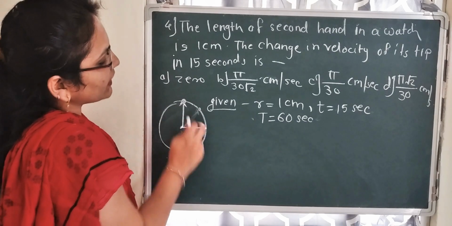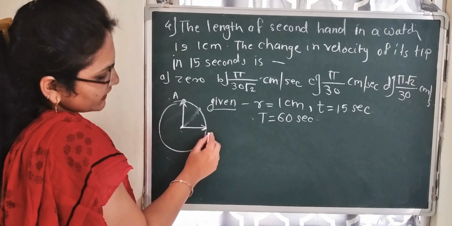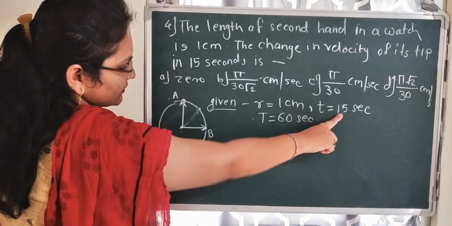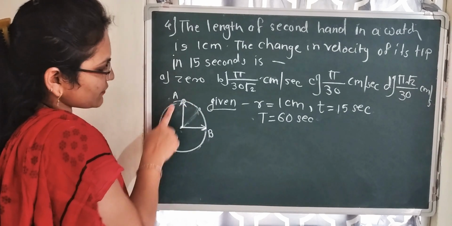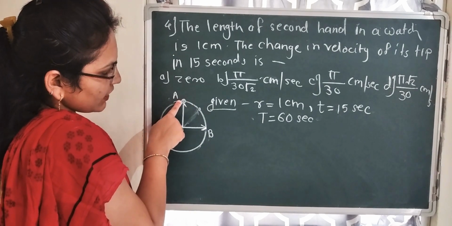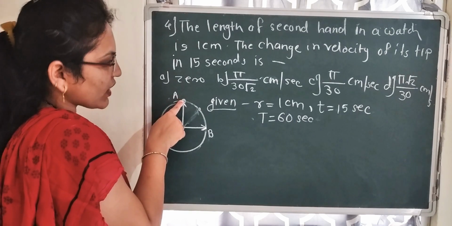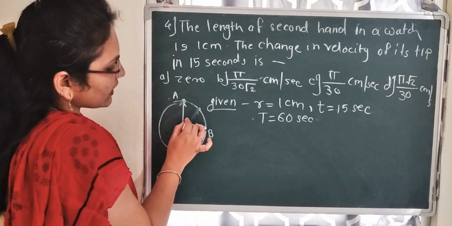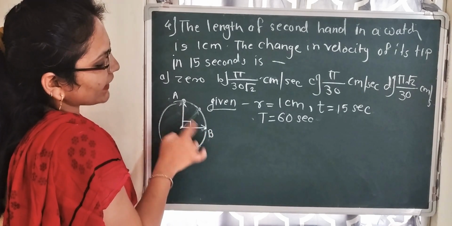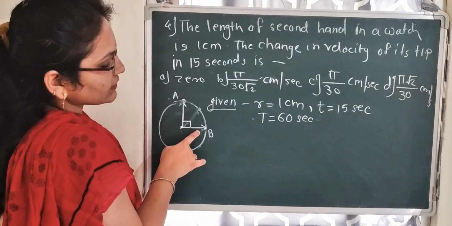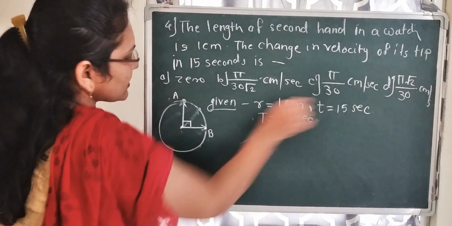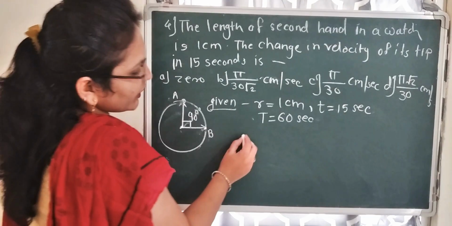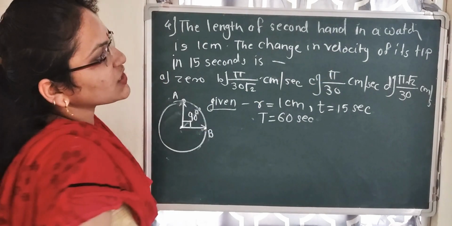It will come to B. From A the motion is started; in 60 seconds it comes to A again, and in 15 seconds it comes to B. Then the angle covered by the second hand in 15 seconds will be 90 degree. So here we can find the change in velocity